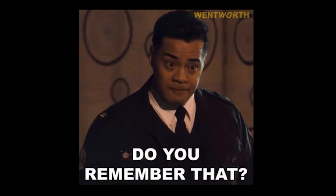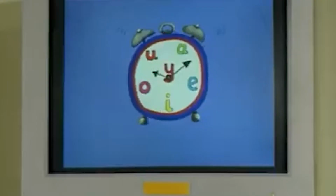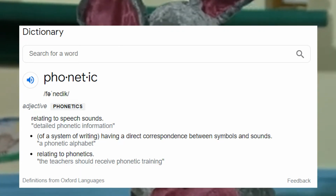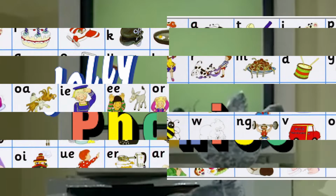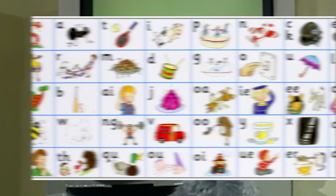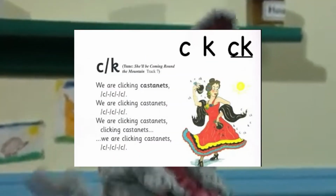Do you remember that? When I was a little kid, we had 2 kindergarten classes at my elementary school. Once a week, our class went to the other classroom where there was one of those rolly televisions. There, the teachers would lead us in reading and writing using phonetics. This was helped by a teaching program called Jolly Phonics. There were images around the classroom that had the letter, the sound the letter made, and an image to remind us of it. For instance, I always remember C being castanets, and there was an image of a lady holding